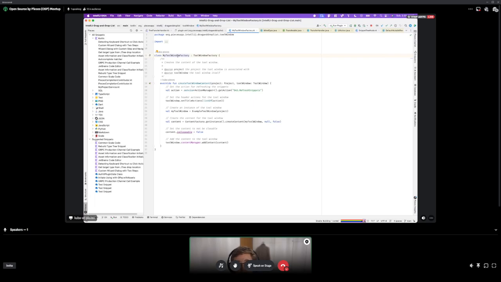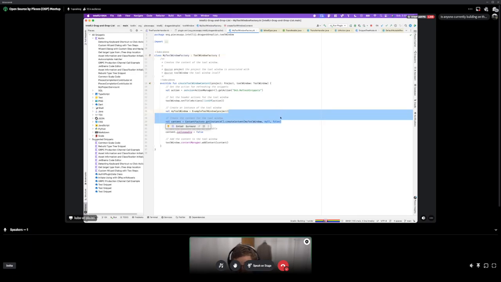So we declare this simple factory that has one basic thing to do, which is to create the content for our tool window, which is our custom component, and we'll get to that in a second. And so it creates our custom component that then is used as a content for that window.